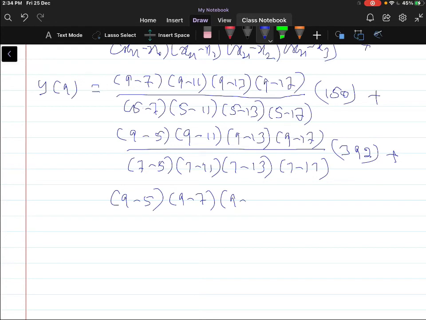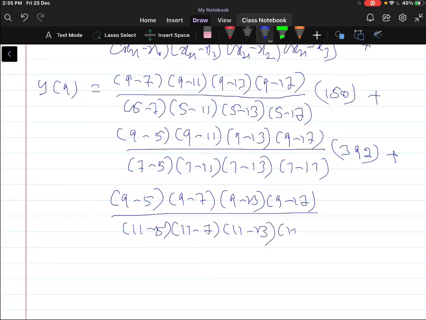plus, then here you have to subtract from 9 again, that is 9 minus 5 into 9 minus 7, 9 minus 13 into 9 minus 17 divided by, subtracting from the next value here, that is 11. So 11 minus 5, 11 minus 7 into 11 minus 13 into 11 minus 17 into, we should write y2 value, y2 is here 1452, 1452 plus,